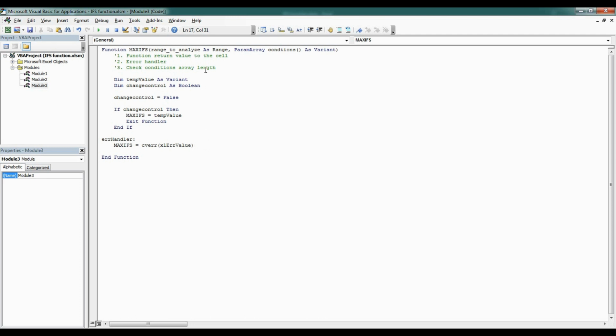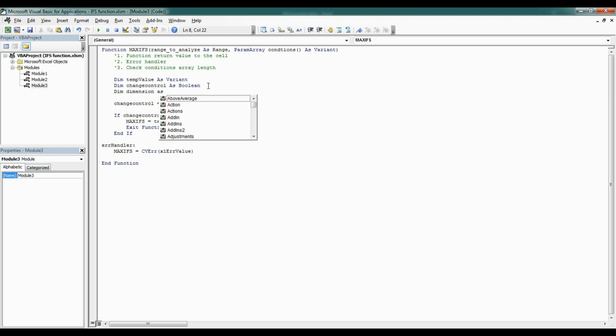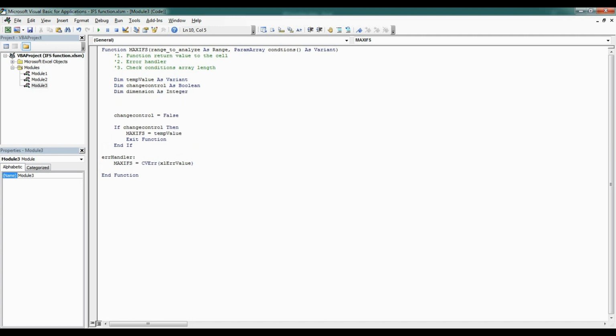The last checkpoint item is that we also need to check conditions in array lengths. As you remember, conditions contain a sequence of condition range and condition itself. So for that purpose I'm going to declare an additional variable that I'm going to name dimension, and it's going to be integer because this variable will store the length of the conditions array. As soon as we have an array, we may access the top range. We can do it with the ubound function, and now I'm going to provide